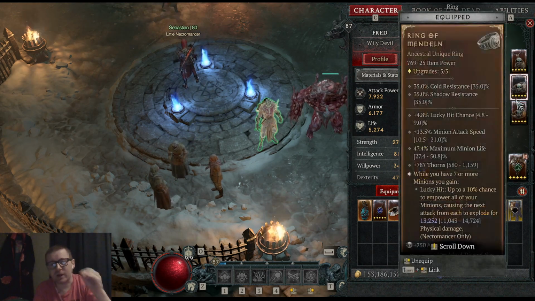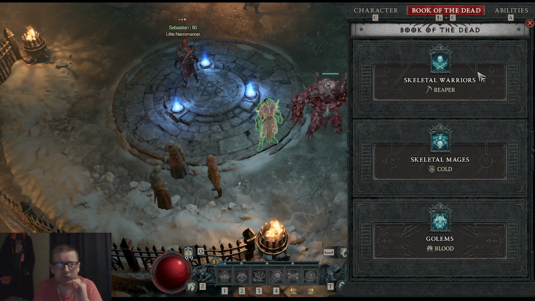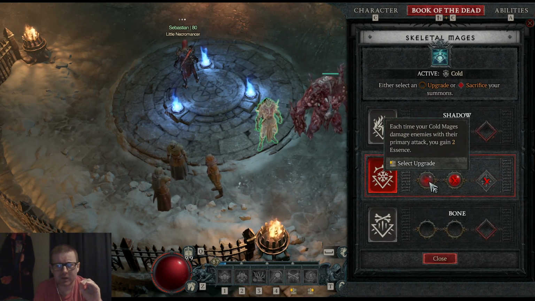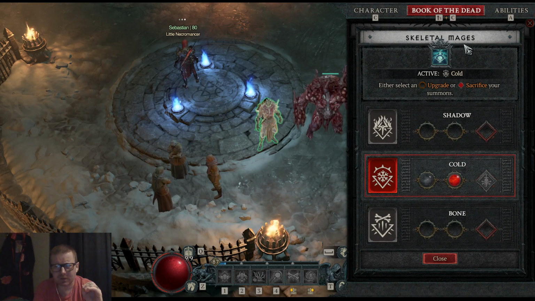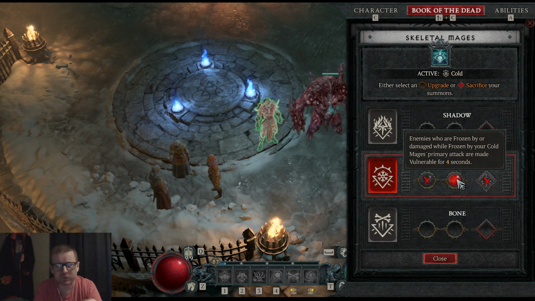But it drains your essence. And then if that is too much drainage, I'm going to work in the Cold Mages where they recover my essence. And then I think there is something else. As is, though, I'm using the frozen or damaged by frozen, whatever,